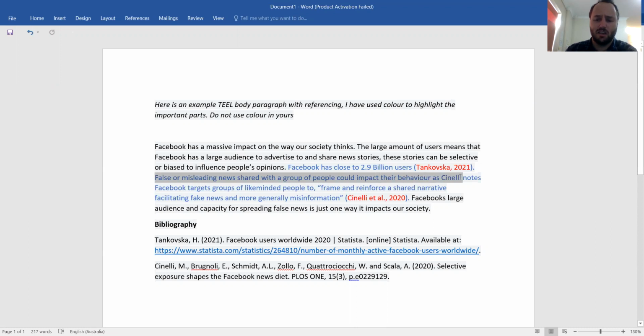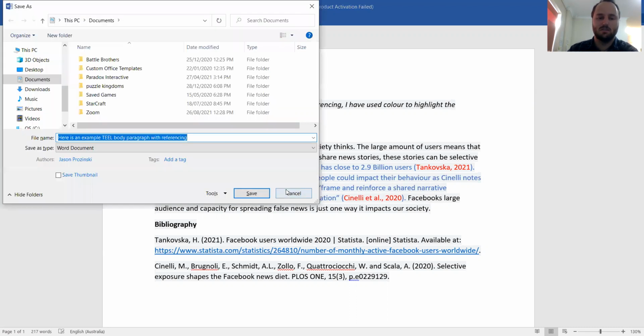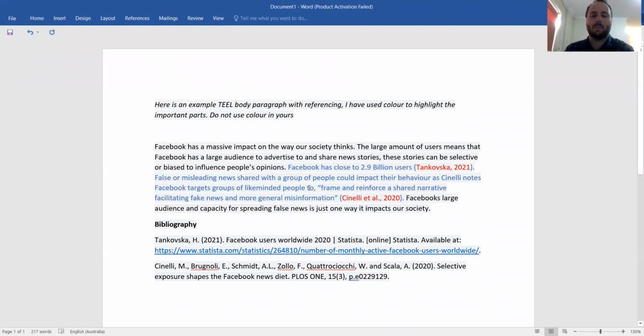So I'm going on. I'm saying false and misleading news shared with a group of people could impact their behavior. As Cinelli notes, and this is my next reference, Facebook targets groups of like-minded people to, and here's a quote from Cinelli, "frame and reinforce a shared narrative facilitating fake news and more generally misinformation." I think that's meant to be "general." I mistyped it. And then I have my second reference.